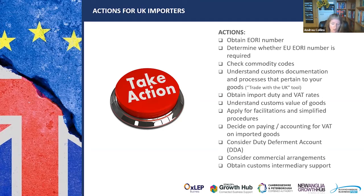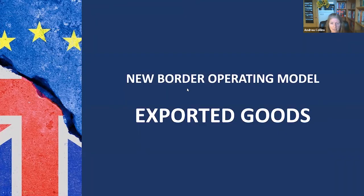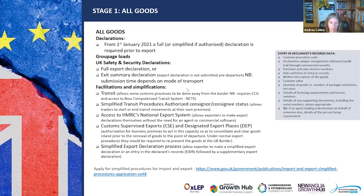There's some really good customs intermediaries that are worth their weight in gold. Appoint them, have them take this headache away from you, not forgetting that you are legally responsible for the information. So it's good to be aware of what's required, but let them handle the grunt work, if you like. So that is it. We're going to nip on to exports, because I know we're probably getting quite pressed for